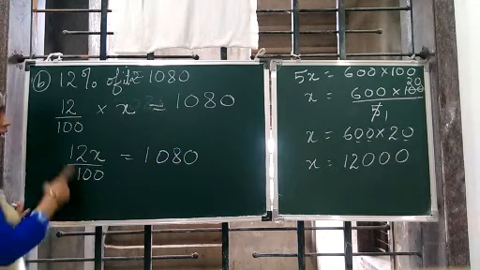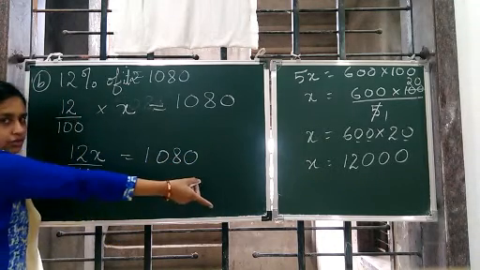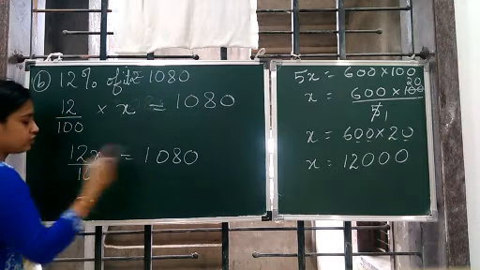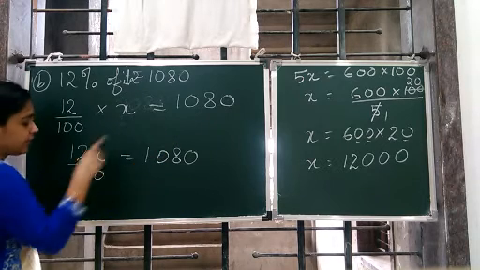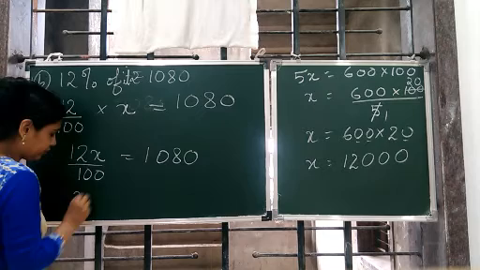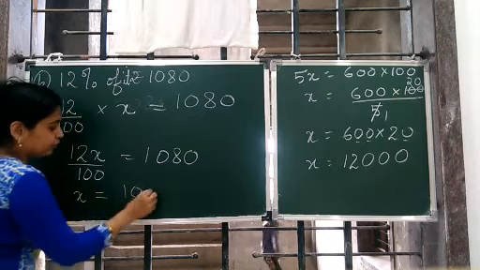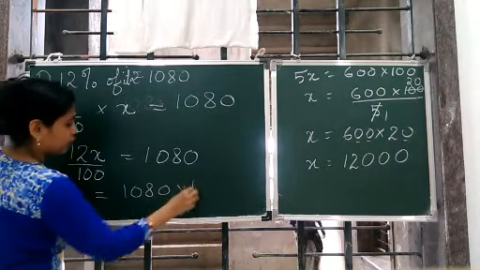Again 12 into x gives us 12x upon 100 is equal to 1080. Now this 100 and 12 will get shifted. Okay, they will be transposed to the RHS. So 100 goes in multiplication, 12 goes in division. So directly how we will do that I am going to show you now. Into 100